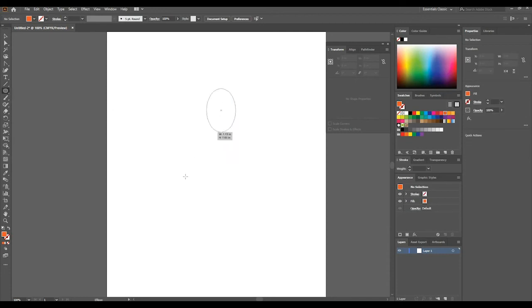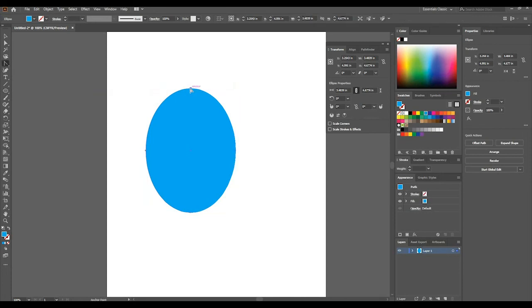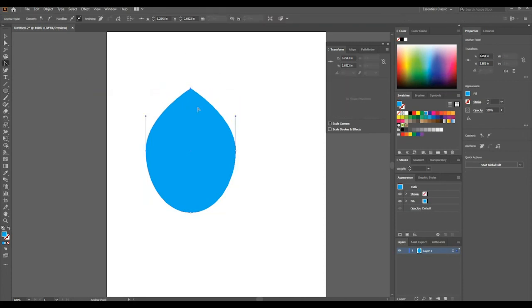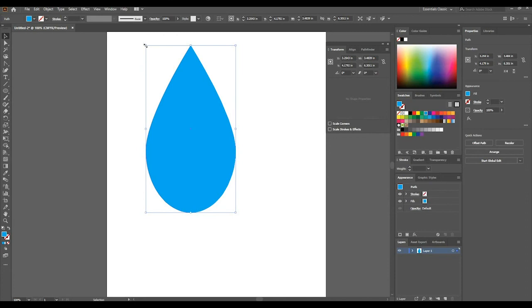recognizable. So we could go with the ellipse and let us change this to blue. And first off, let's convert this anchor point on top here. And by converting that, we get two handles and the adjacent anchor points. So I'm going to go to the direct selection tool and pull this up a little bit. And now we can see here that we get a teardrop looking shape very quickly, right? And we could now just resize it,